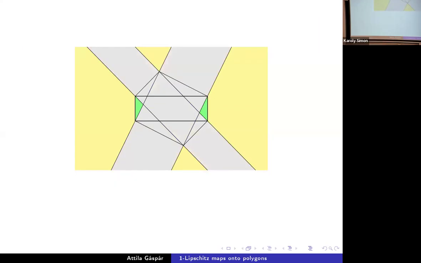So let's look at this example. Here, we want to cut off these green parts. And then we want to push the regions together. And then we hope that we can interpolate somehow on the union of the strips plus the green parts. So we want to investigate the union of the strips plus these cut-off parts. So basically, we want to combine the strips into some kind of generalized strip.